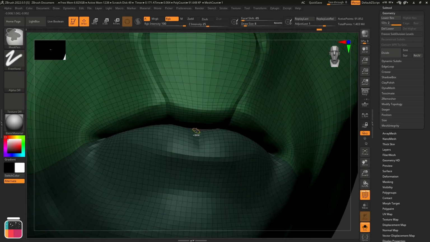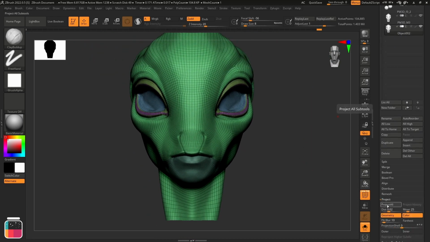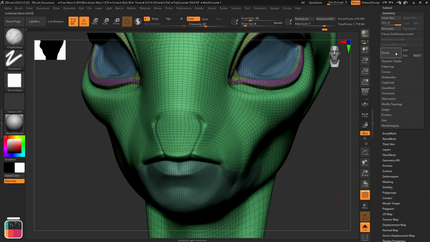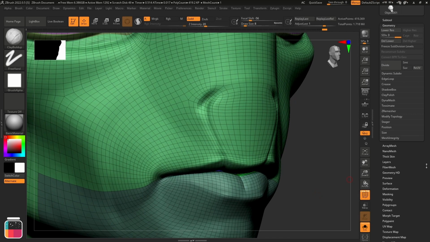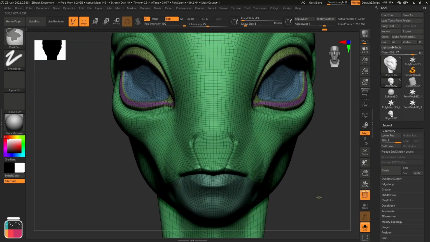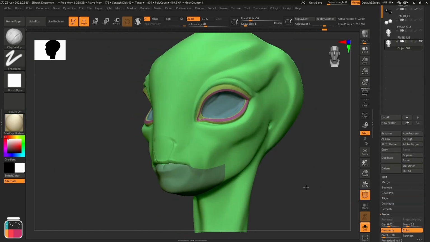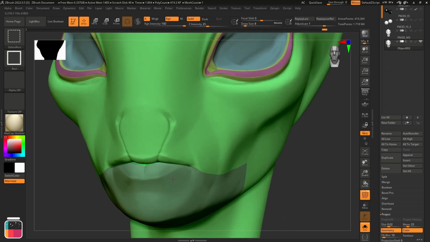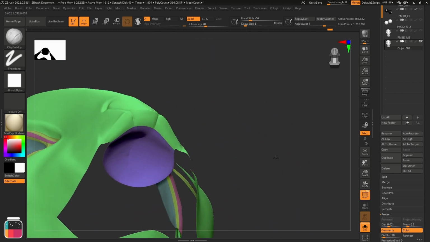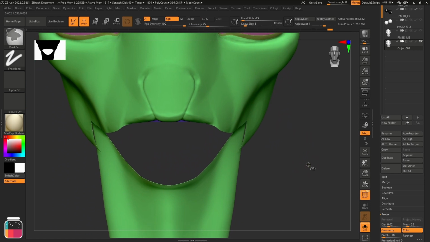I repeated these steps 2 more times. A final touch, smoothing the mouth cavity for a clean result.